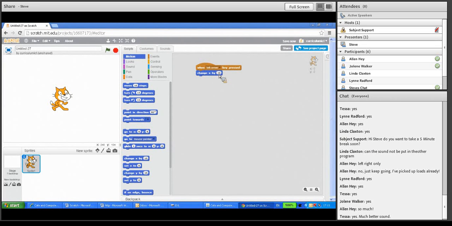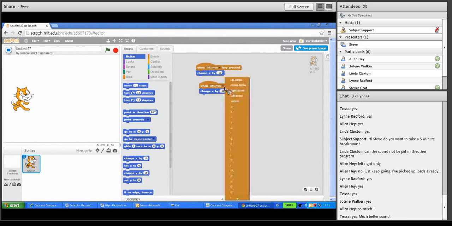So if we just try that, and just run that now. If I press my left arrow, Scratch should go to the left. And I can very quickly duplicate these. If I just duplicate that, change it to the right arrow, by plus 10, so it goes up by 10. And then if I duplicate this again,